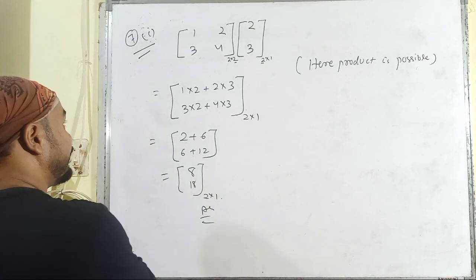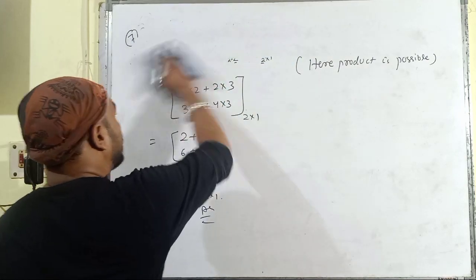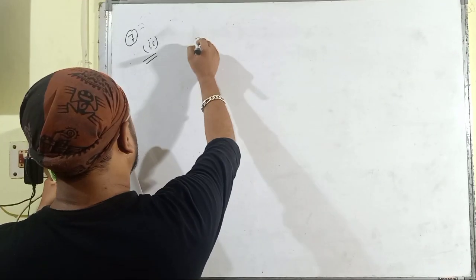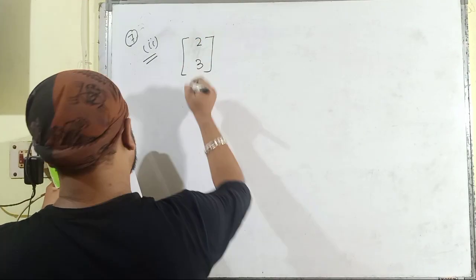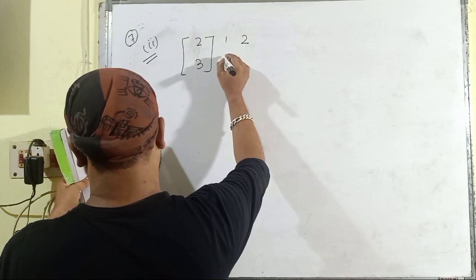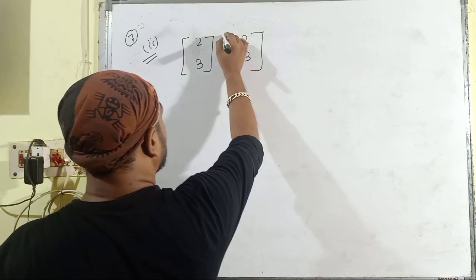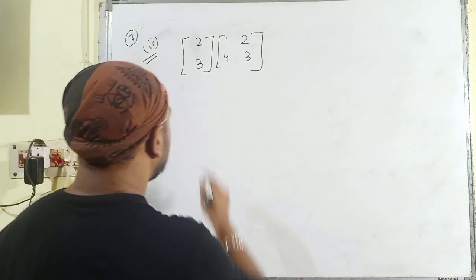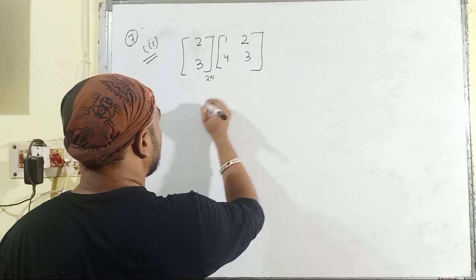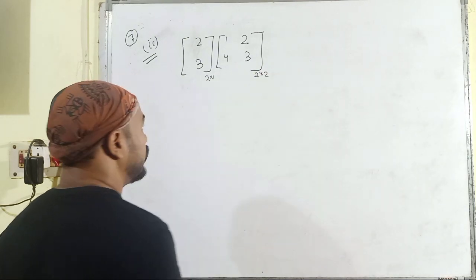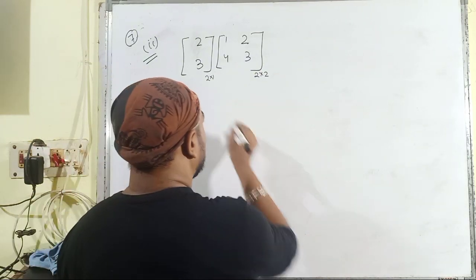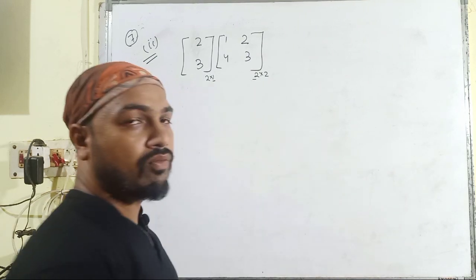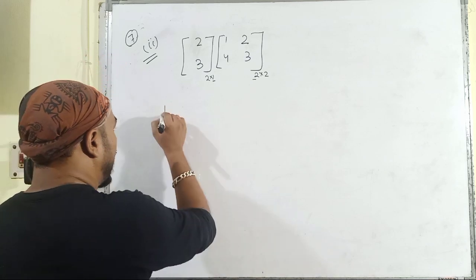Then the second bit. So here it is the second bit, 2 3, and the next matrix is 1 2 4 3. First of all, let us see whether the product is possible or not. It is a matrix of order 2 cross 1. It is a matrix of order 2 cross 2. So the number of columns of the first matrix is not equal to the number of rows of the second matrix,